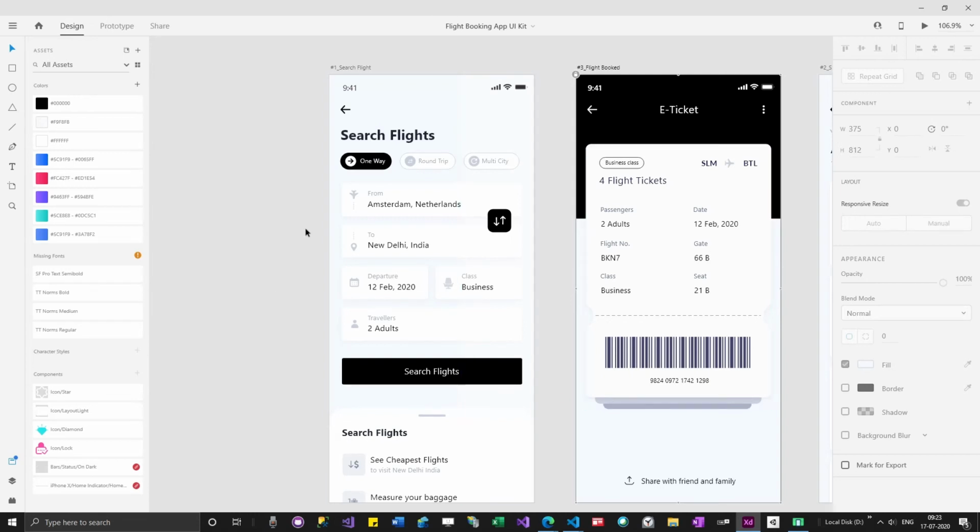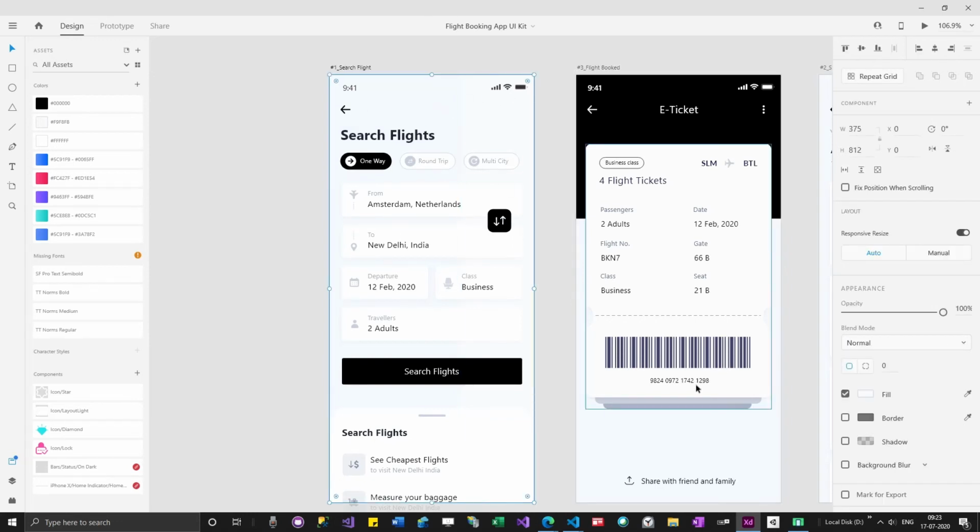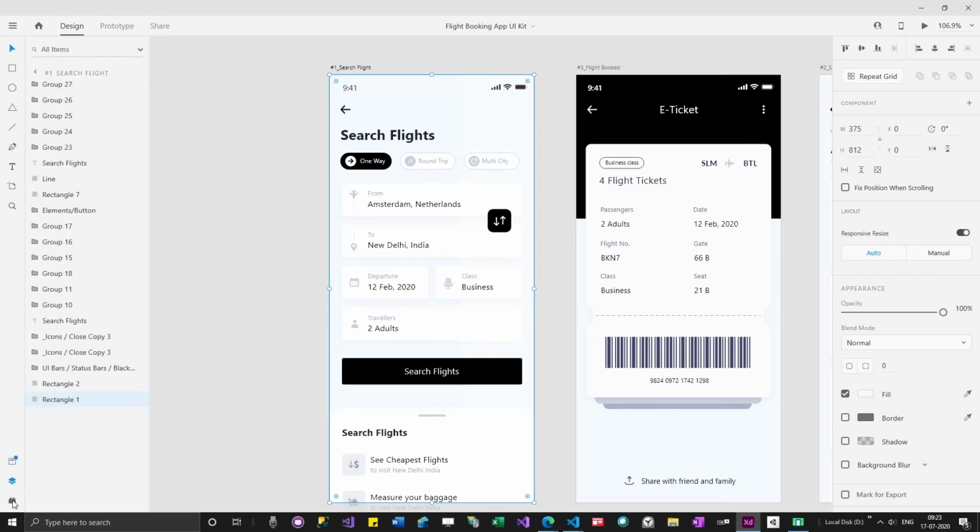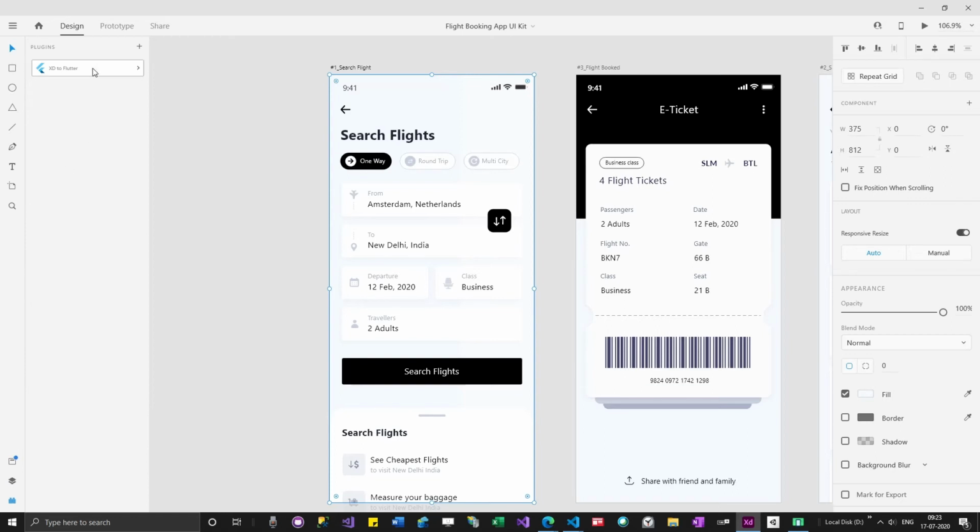In Adobe XD you can view prototypes. Apart from viewing prototypes, there is something like plugins. Adobe XD has given a plugin, the XD to Flutter plugin.